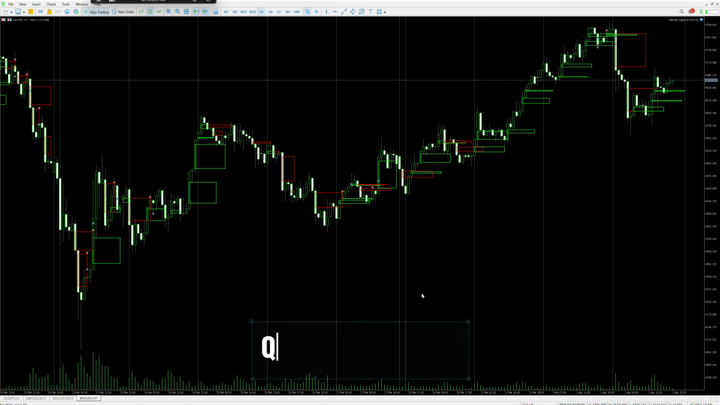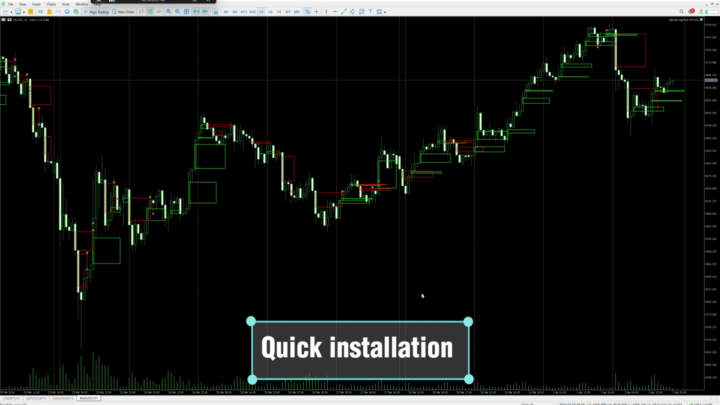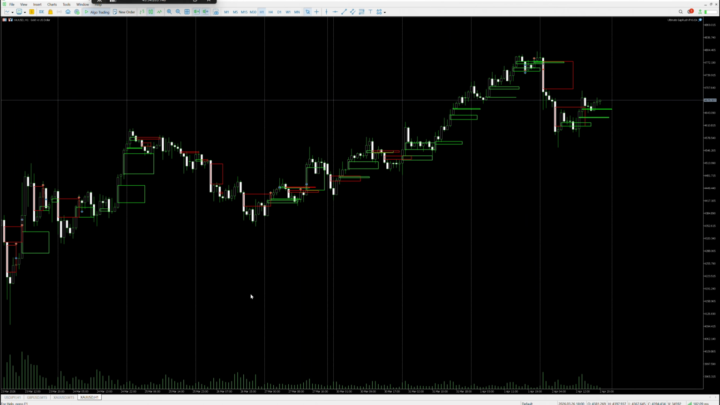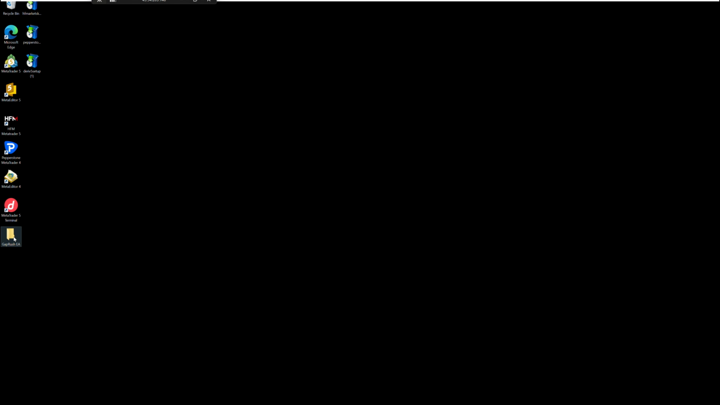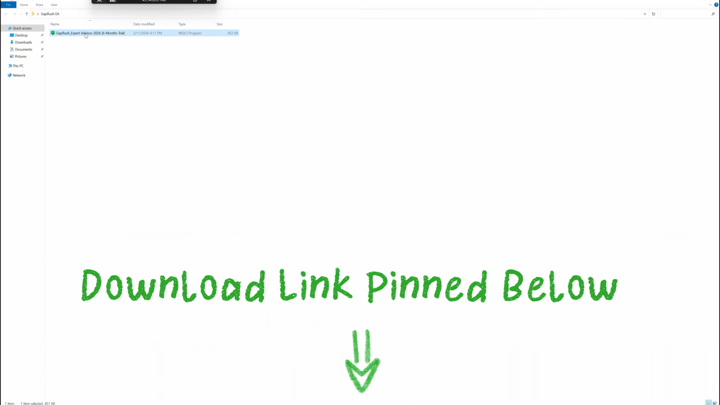But first, follow these steps for a quick installation on your MetaTrader 5. So, for your chart to look like mine, you have to install this Expert Advisor in the Experts folder. To do that, you will have to download this file, the GapRush Expert Advisor 2026. I will pin the download link in the comment section below this video. So all you have to do is copy this file,